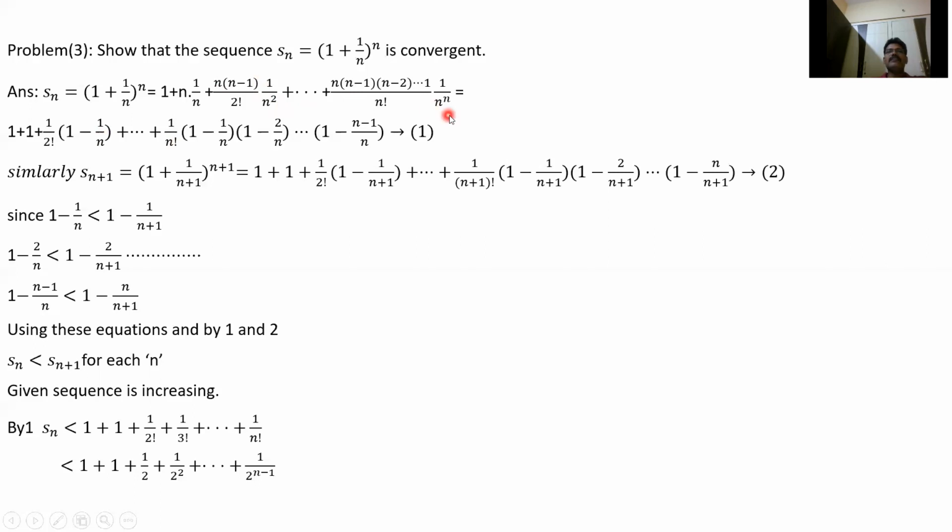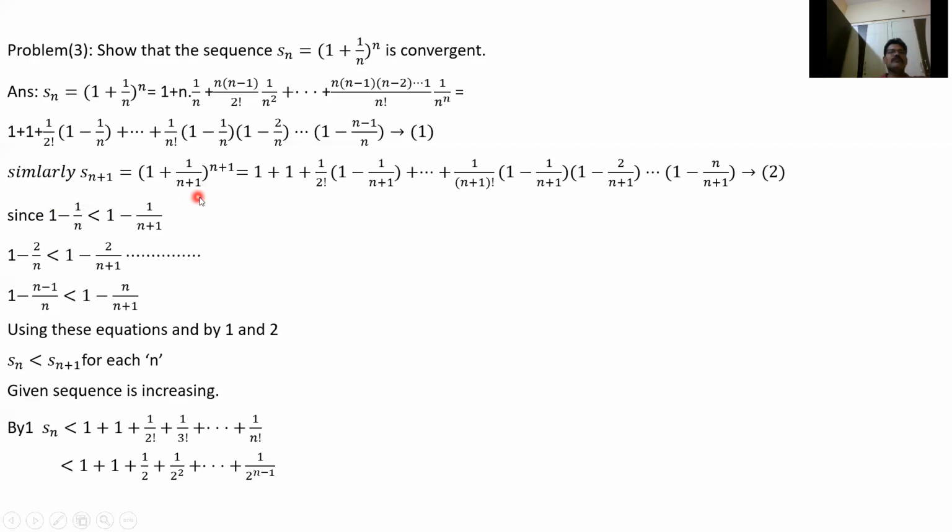And here n power n means n into n times, 1 n here, n by n is 1. 1 n here, n minus 1 by n is 1 minus 1 by n. 1 n is here, n minus 2 by n is 1 minus 2 by n. And so on. Here I have to get 1 by n. 1 by n means 1 minus n minus 1 by n. This is n minus n cancel, 1 by n. So we'll get 1 by n. Similarly,